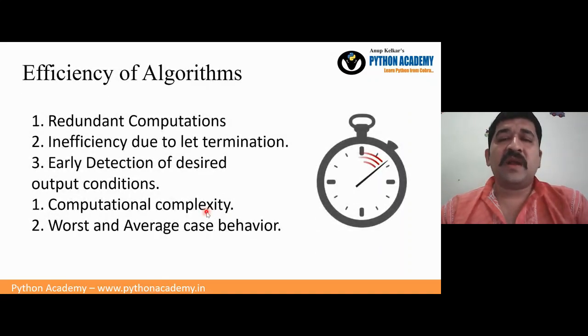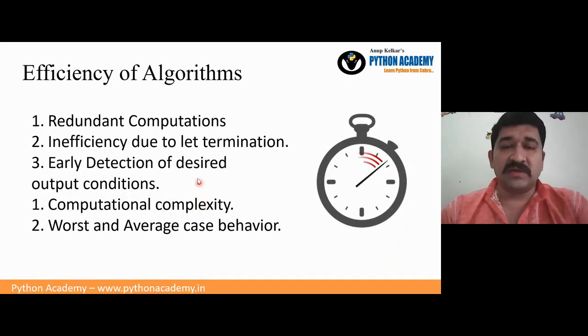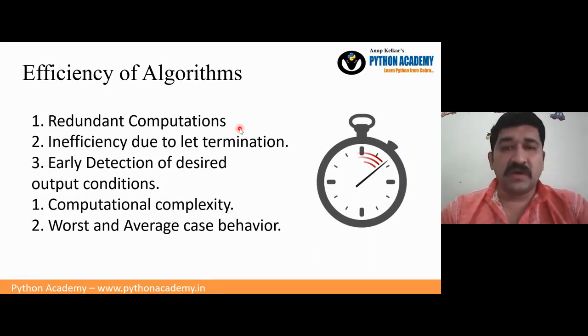The fourth and last thing which comes when you write an algorithm is its efficiency. Is the efficiency good, or does it run for hours and then give a very small output? So the redundant computation you should remove first. There should not be redundant computation which is not required, or which is done without any context of what output is required. So redundant computation has to be removed.